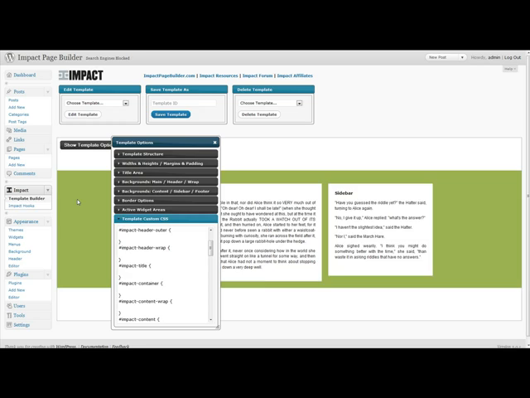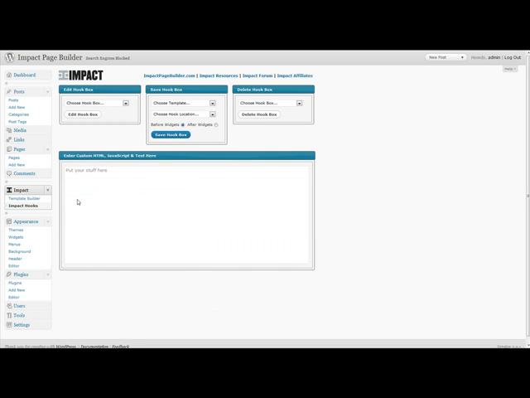But to even go further, we've created a section called Impact Hooks that once again utilizes the different Impact hook areas. It allows you to add any kind of custom content, HTML, JavaScript, text in this box, and then you can select the template that you want this content to display on, and then you can choose what hook area, in header, after header, before container, and so on,